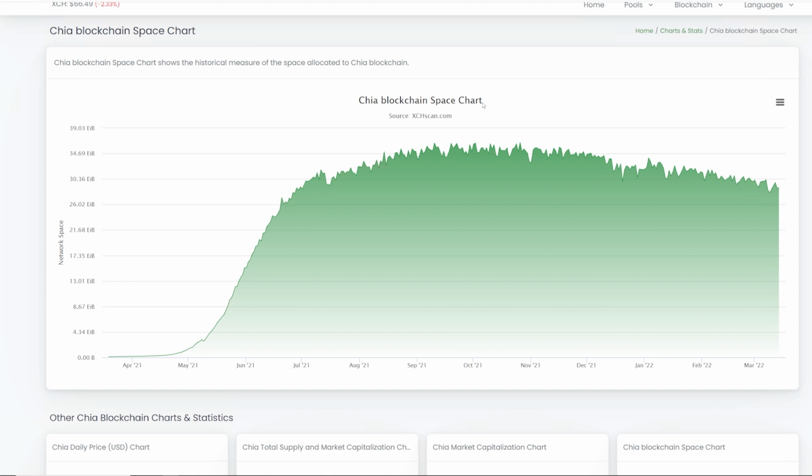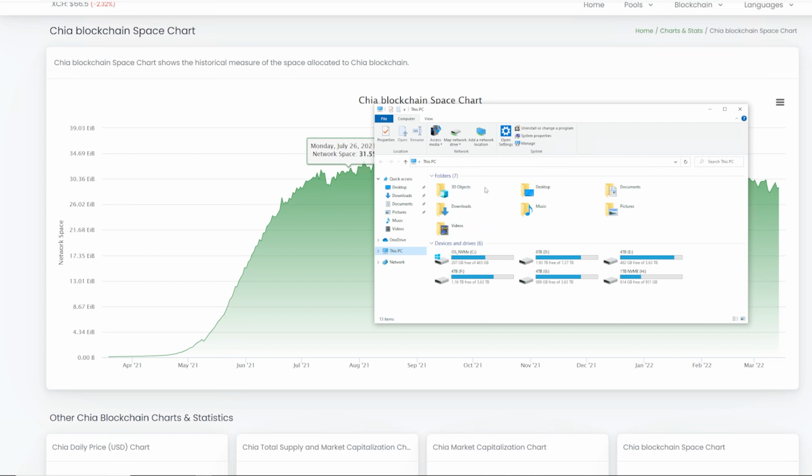This is a Chia video. I have not talked about Chia for a long time. I think the last video I did was 6 or 7 months ago. And to be honest, I have been living under a rock when it comes to anything regarding Chia. So I'm just going to show you guys my current Chia setup, in terms of the hard drives that I'm using.